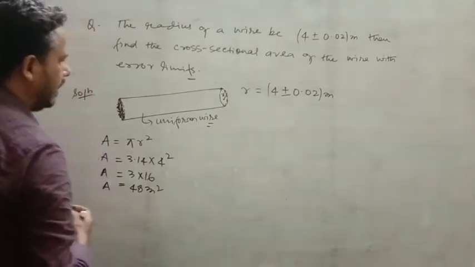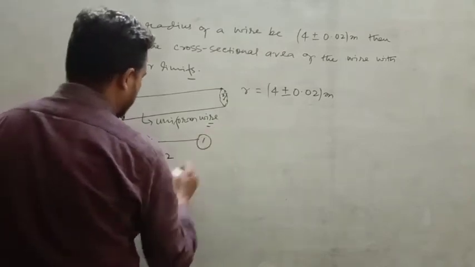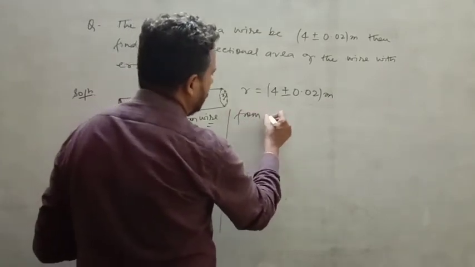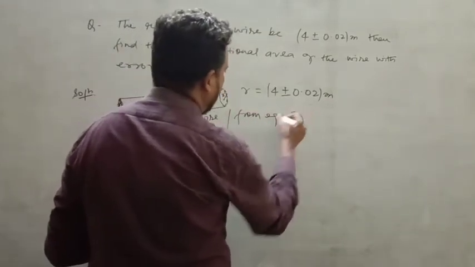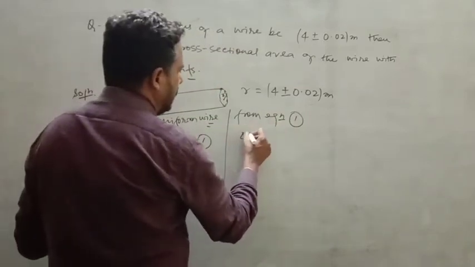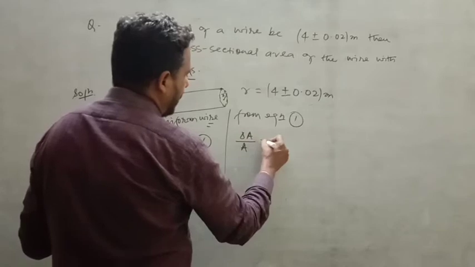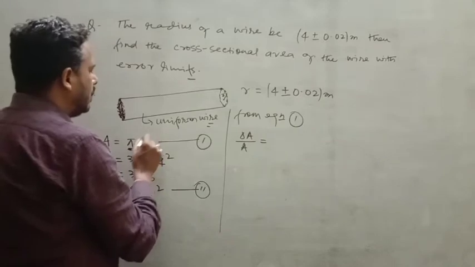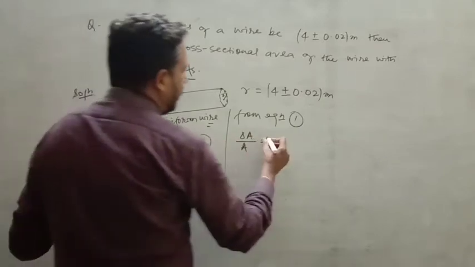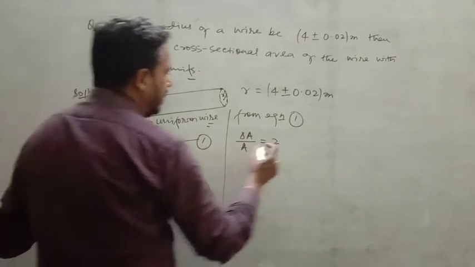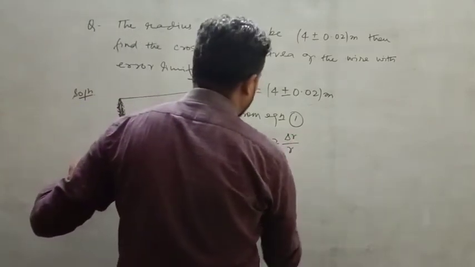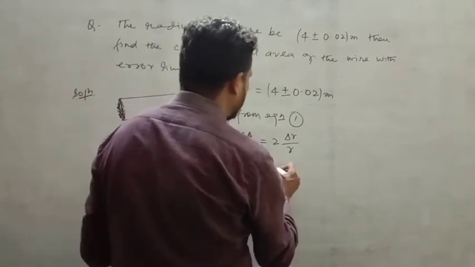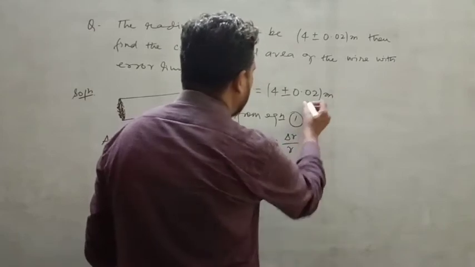Okay, and now using this equation, just from equation 1, this one can be written as delta A by A, and you no need to take this constant. This quantity is in power, so the power is just multiplied, so this can be written as delta R by R. Okay, so your delta A, how much will that be? Just put the value of delta R. This one is this much.